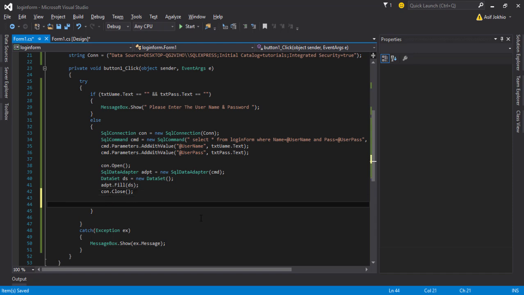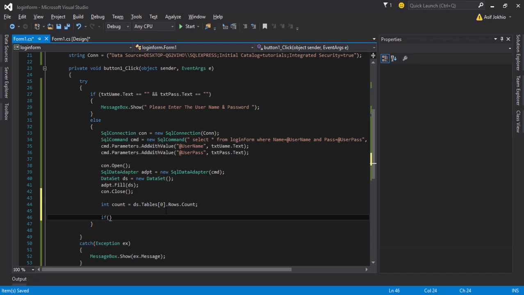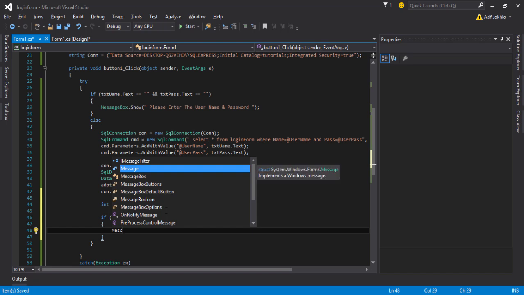So we need to create another variable like int count and assign the ds values, ds.Tables, and enter the index like 0 index .Rows.Count, and write the condition if count equal to 1, parenthesis, curly brackets,